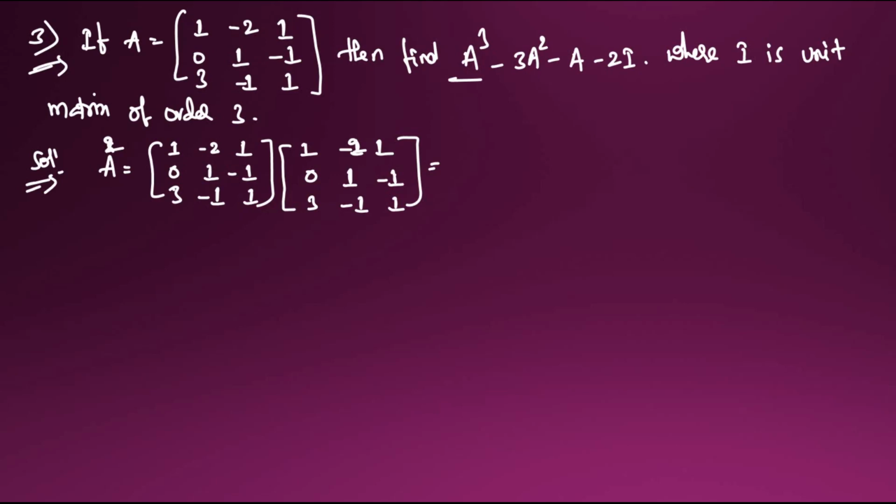Again we have to check once. 1, -1, -2, 1, so right, 0; 0, -1. Okay, right, every entry is right. Okay, we will multiply. So 1 into this row, into this column, no? So first we'll get that one. This is a 3 by 3 matrix and this is a 3 by 3 matrix, so we'll get a 3 by 3.